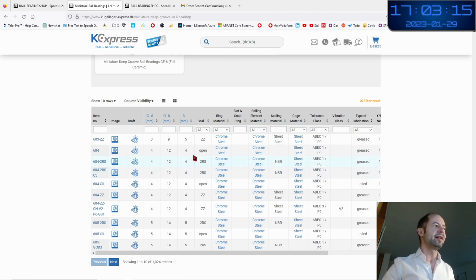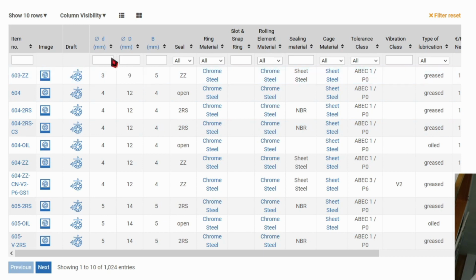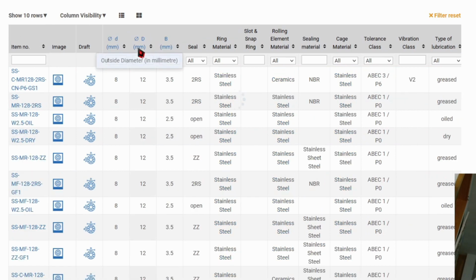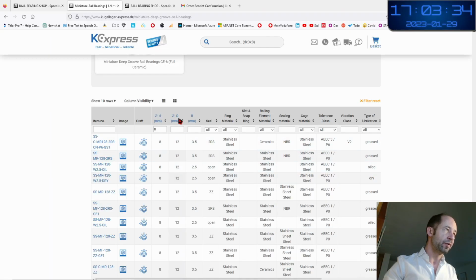So for example, let's say I am looking for a bearing with the internal diameter of 8 mm. I type 8, enter. And then here you see all the choices. So they start with external diameter of 22. Okay, you can order here. So here I have ordered with the external diameter increasingly for a given internal diameter of 8. So they start for 8 times 12 times 3.5 mm of thickness.